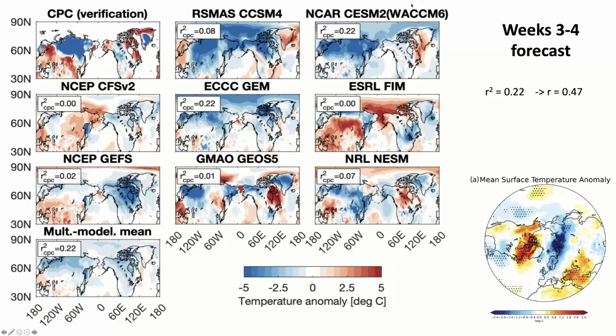And we reached out to Emerson at NOAA to provide us the week 3-4 forecast, and then we came up with verification for all the SubX models. So this is week 3-4 after the January 5th warming, so we're looking at the last week of January or so. And there are 2 models that did really well, with a correlation coefficient to the verification of 0.47, so 0.22 is the R squared. Those 2 models were ECCC GEM, the Environment Canada model, and then WACM.